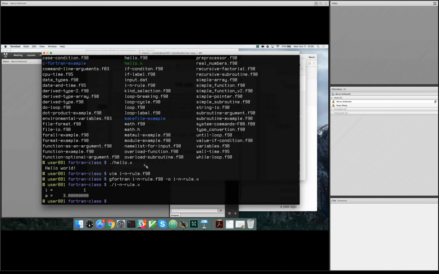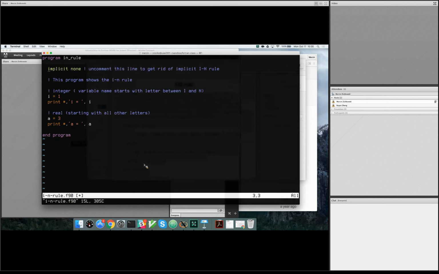It is very confusing to read bigger code that relies on this rule, and we also have very little control over the variables. So it is good practice now to say, forget about the IN rule. We'll do everything by hand. And this is done by introducing this line, implicit none, which gets rid of the IN rule. If we uncomment it, that will imply that no variable is defined automatically. If we try to compile it again now,